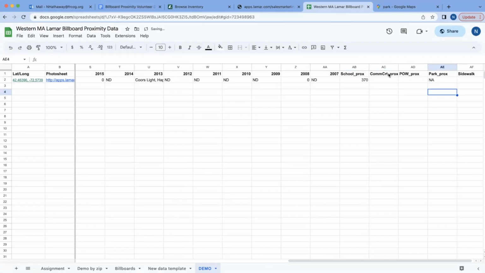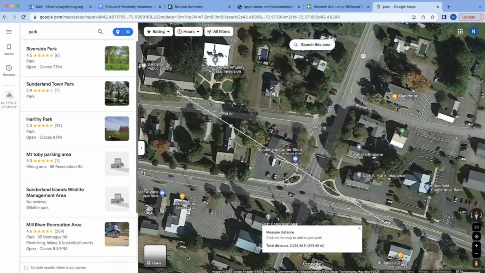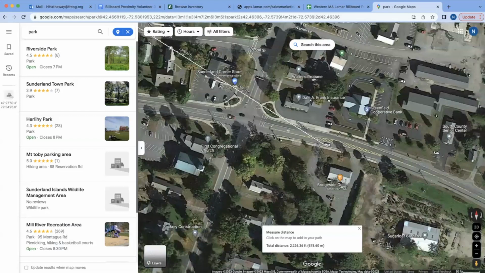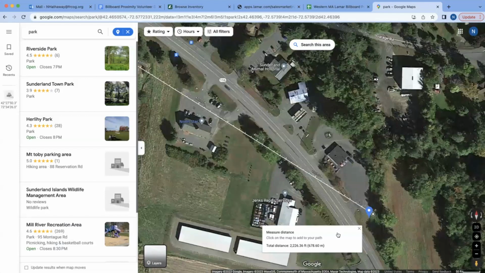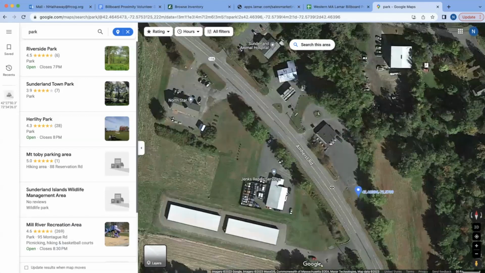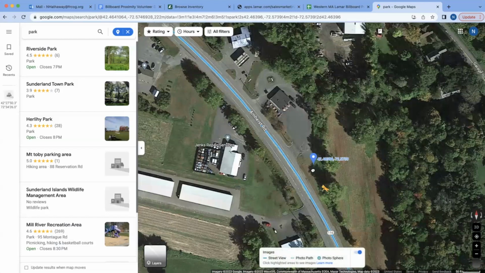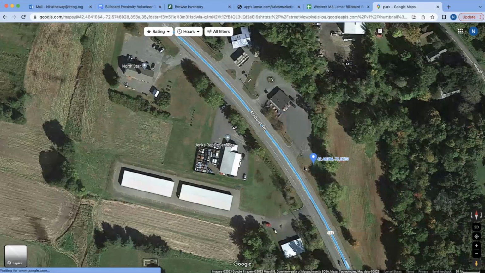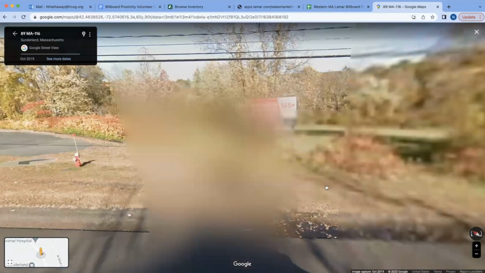You do the same thing as I said for community center and place of worship. One last point is the sidewalk piece. So I'm gonna go back into street view for this. I'm gonna clear my measurement because that's a little bit weird to look at. And really, we're just looking for walkability. This is not a super friendly place to be walking,